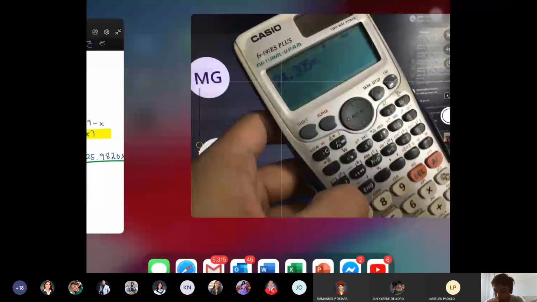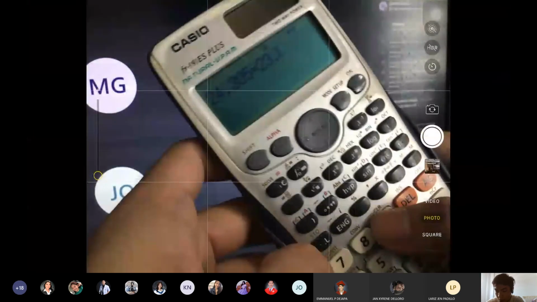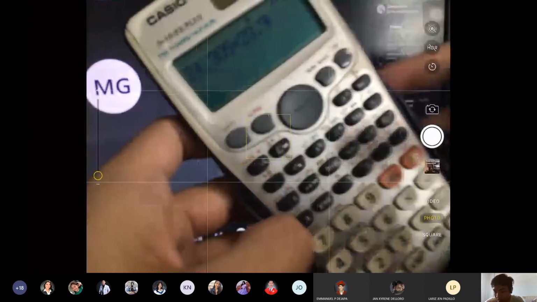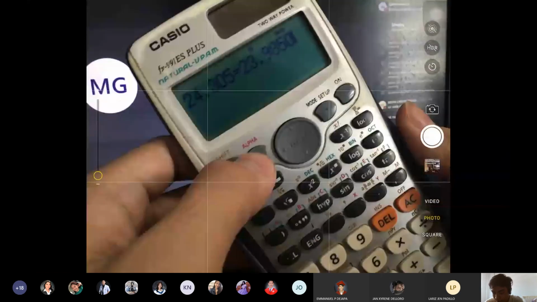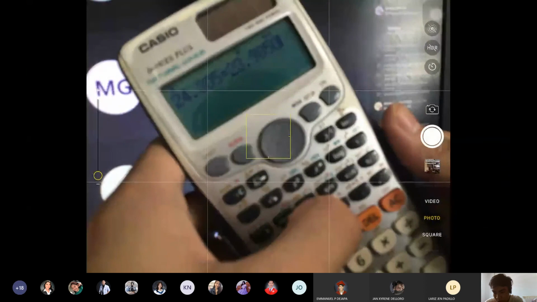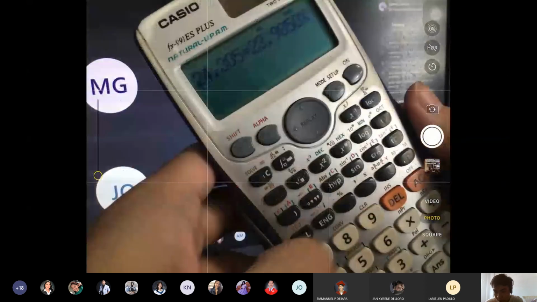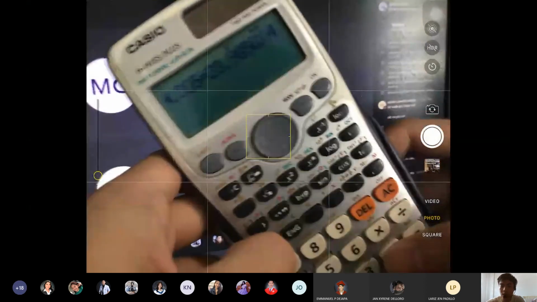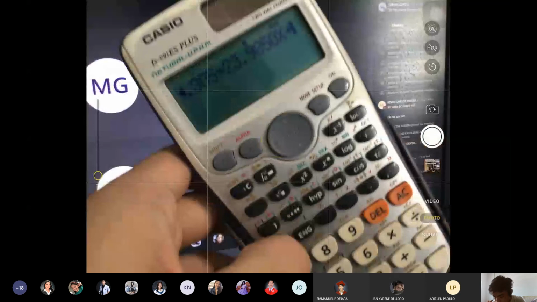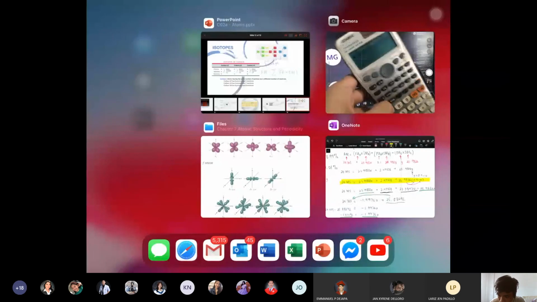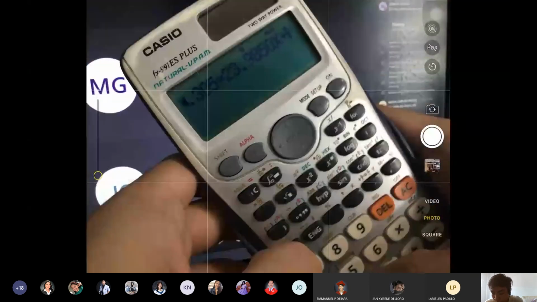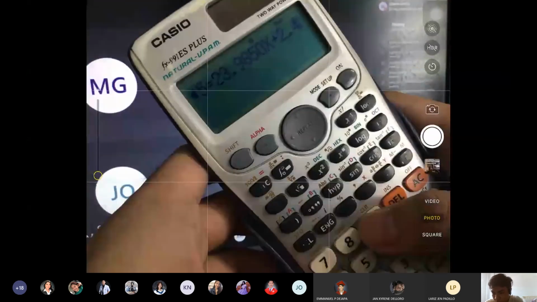23.9850x, no? So that's 23.9, ano yun? 9850x. 9850, then x, you press alpha, then you press the red x, no? Yan. Plus, yung next term, hindi ko kabisado, 249,858. So that's 2.49858